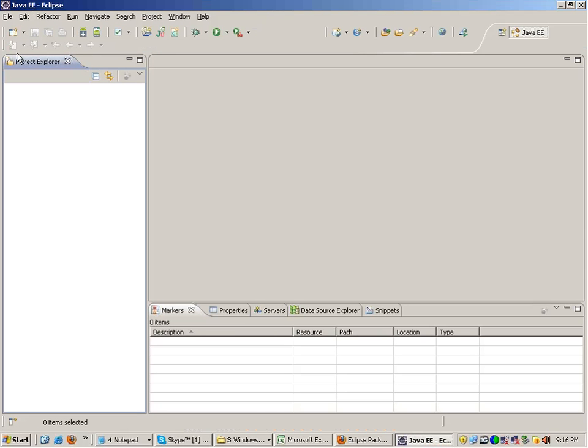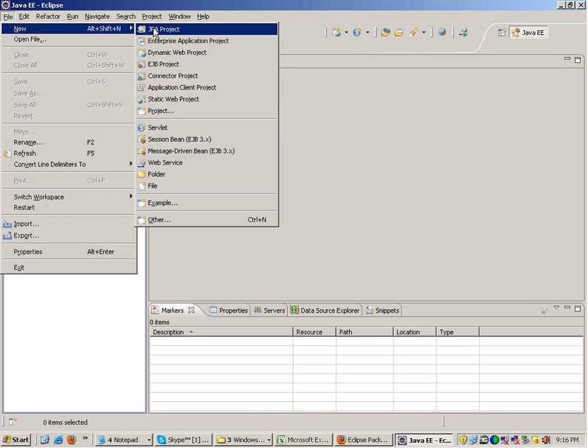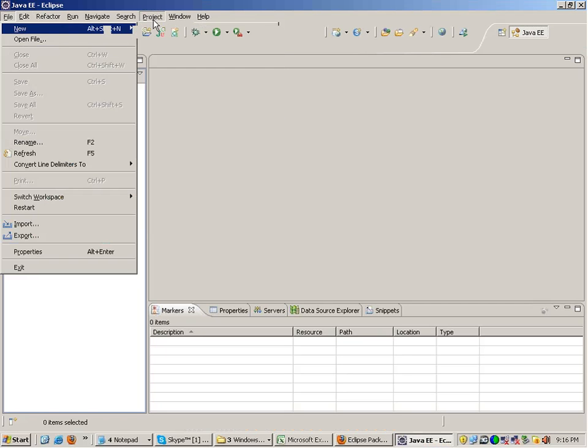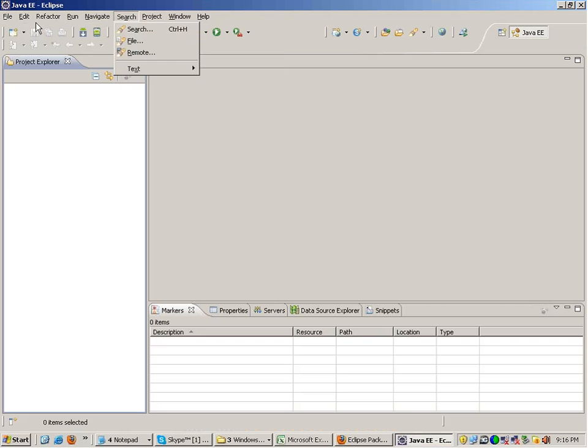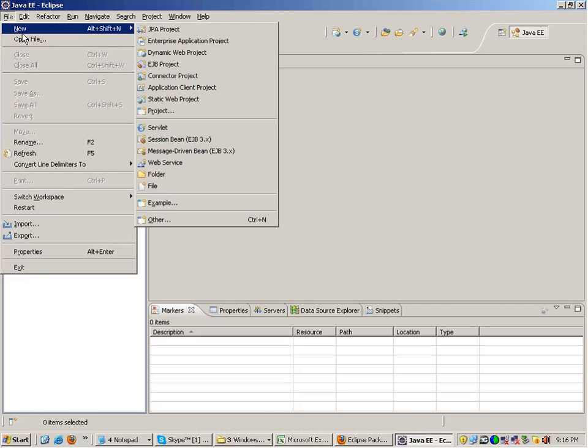How to create a Java project in Eclipse? You need to go to File, New, and click on Other. Initially I'm just going to concentrate a little on Java, because most people make this mistake. They don't concentrate on Java and they directly try to run over to Selenium, and in the end they lose interest. If you know Java, then Selenium is a piece of cake. So I'll be concentrating on the concepts of Java as well as Selenium parallelly.